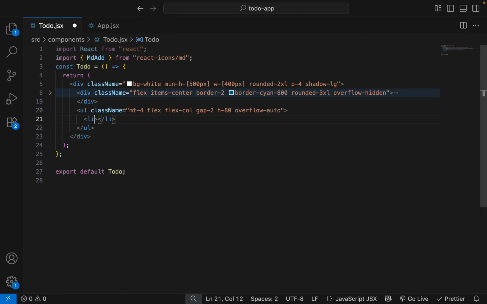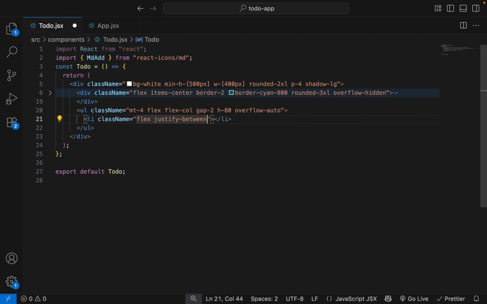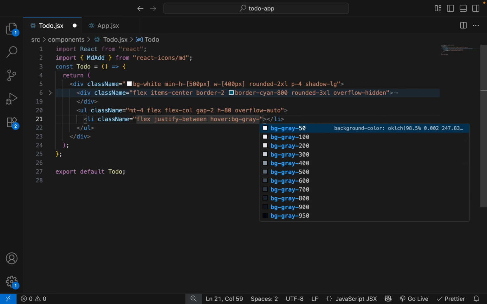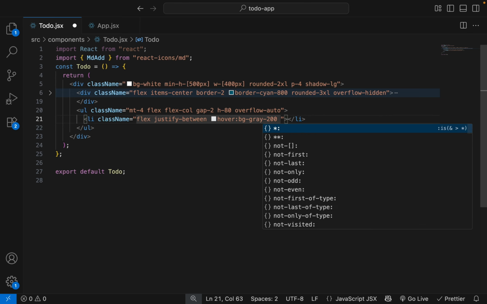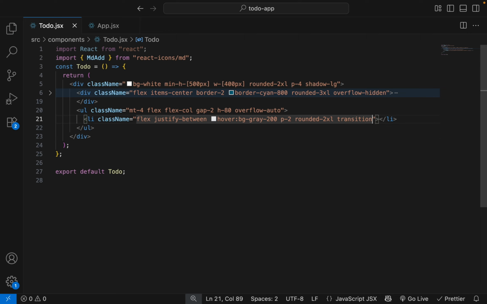Then li, giving some classes: flex, justify between, hover bg gray 200, padding 2, rounded 2XL, transition.